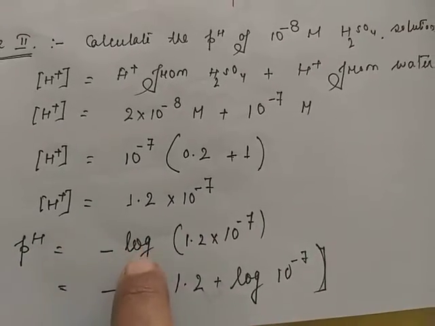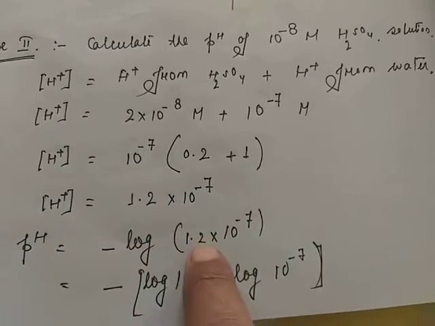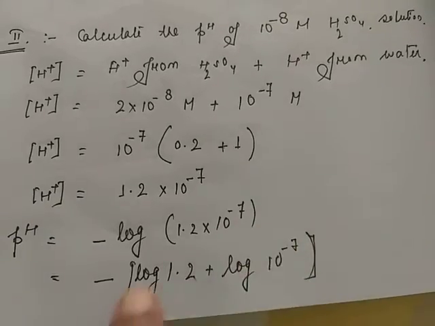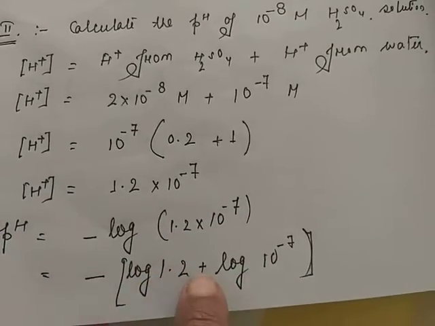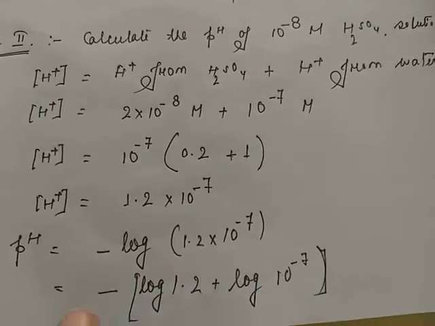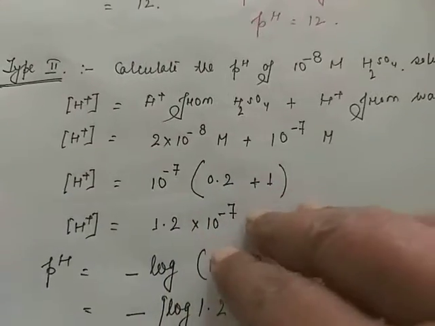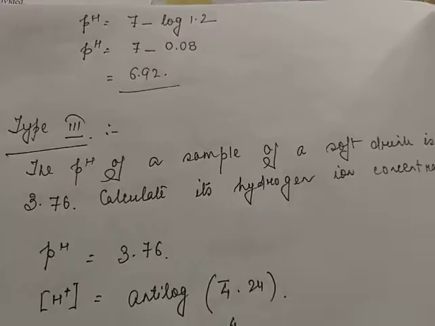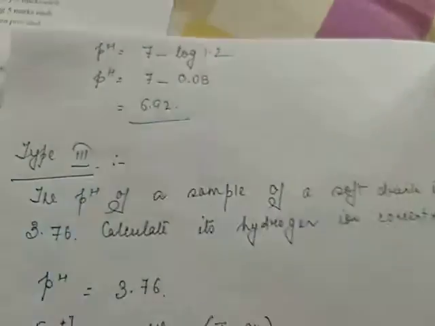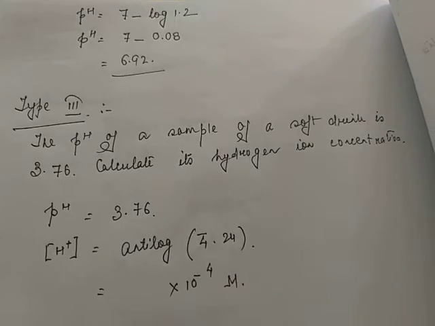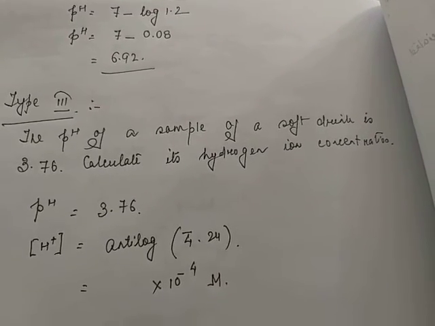pH is equal to minus log of 1.2 into 10 to the power minus 7. Using the formula log of m into n is equal to log m plus log n, we get pH equal to 7 minus log 1.2, that is equal to 7 minus 0.08,